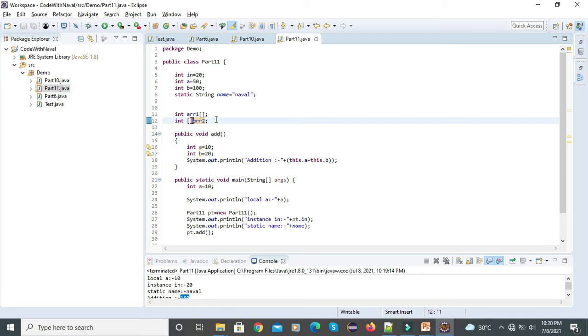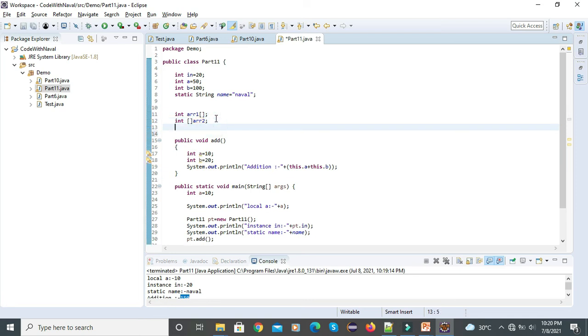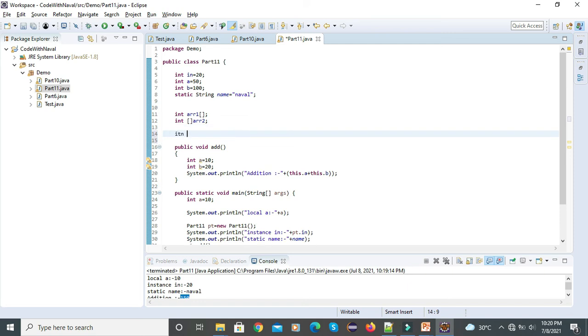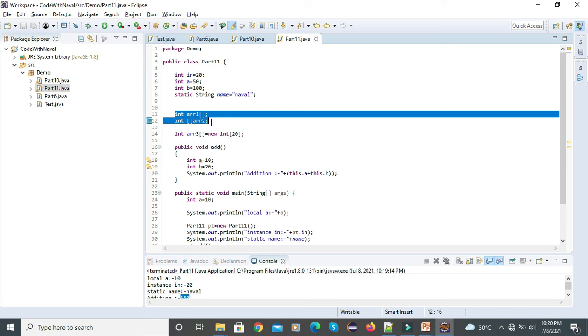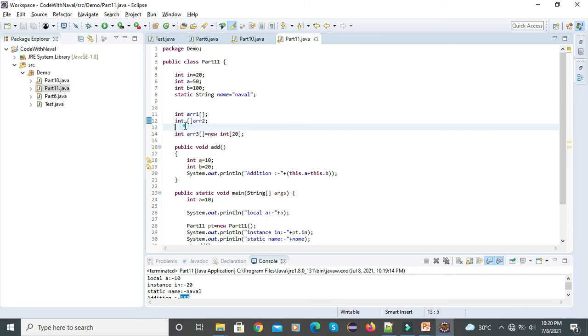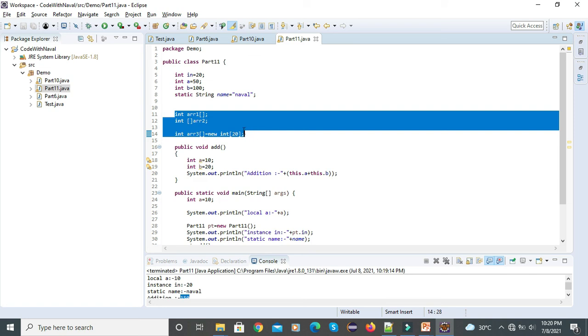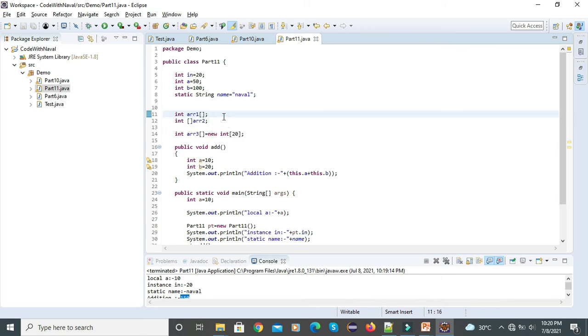And if we want to assign the array length, then we can simply define here int array3 equal to new int, and inside this we pass the value. Now this array size is 20. These are the two ways. In a separate video we will discuss arrays. Array is a very big concept. There are 1D arrays, 2D arrays, 3D arrays, and multi-dimensional arrays. We will see everything in one video.